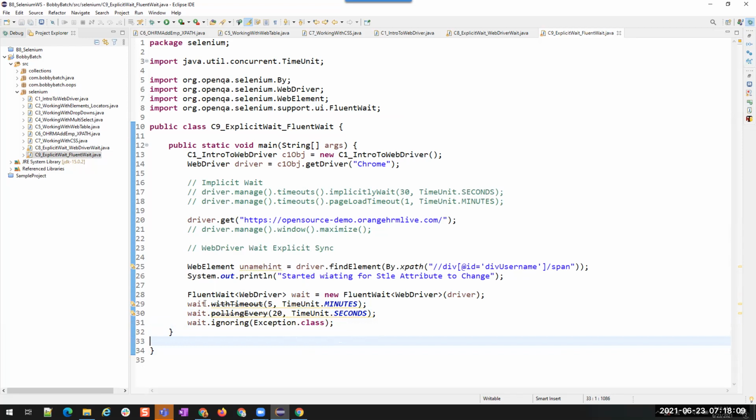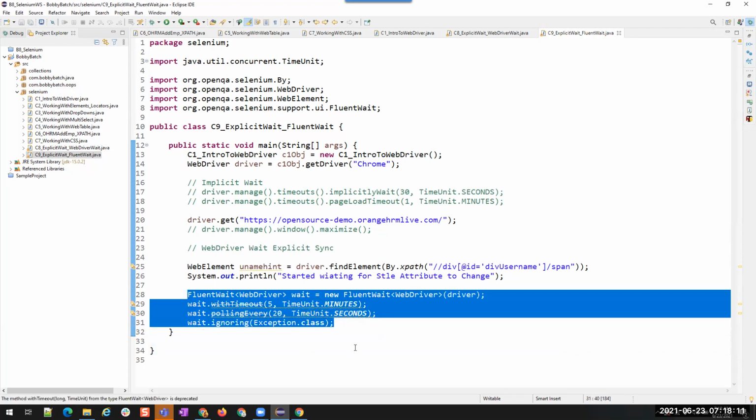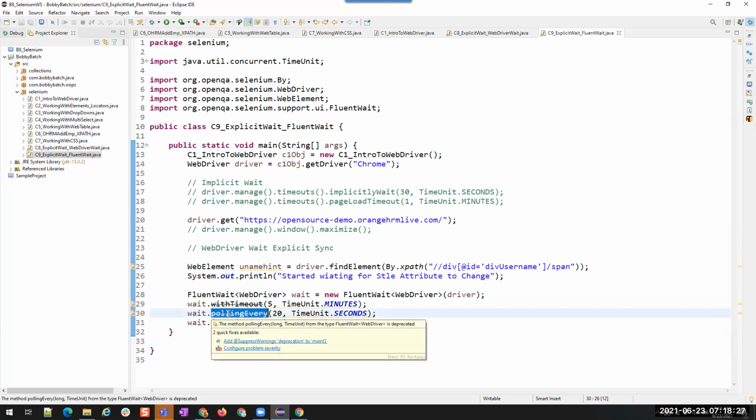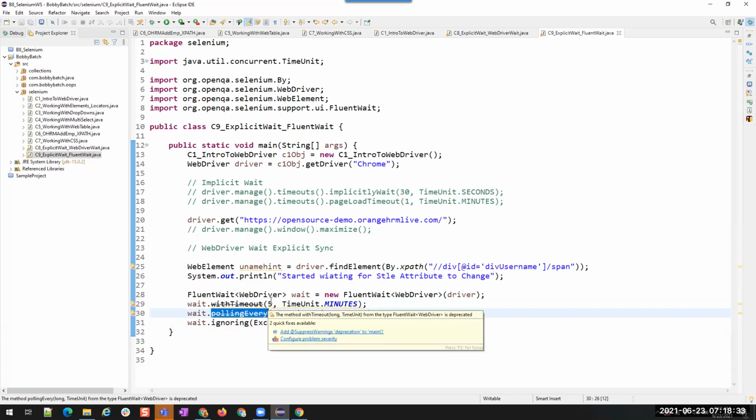So this is how we use Fluent Wait. We are configuring how much time it should wait, that is withTimeout. After 5 minutes only, it should time out. Then it should verify every 20 seconds, not every half second. Polling every is used to tell Selenium when it should verify within this 5 minutes.